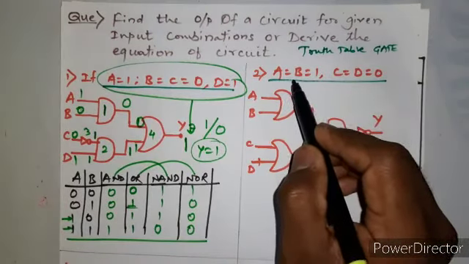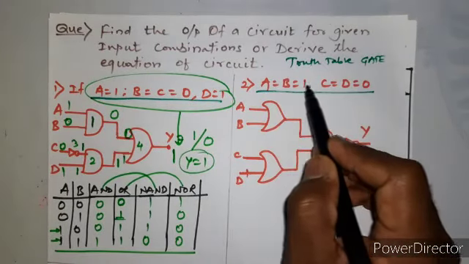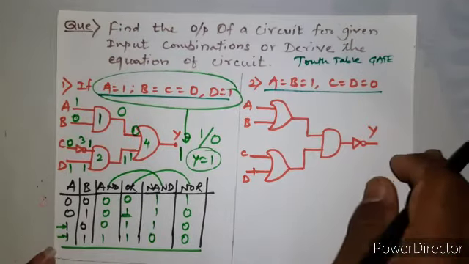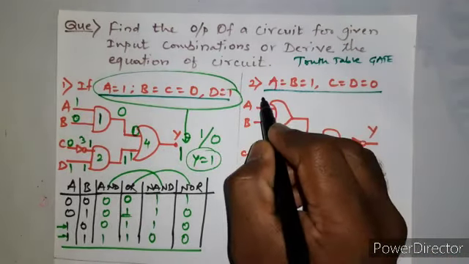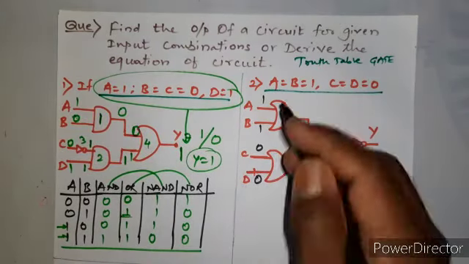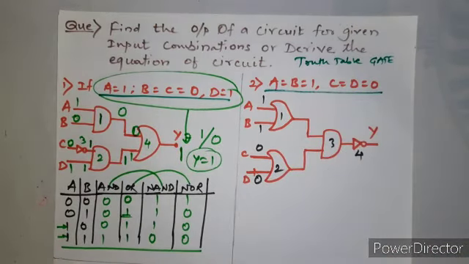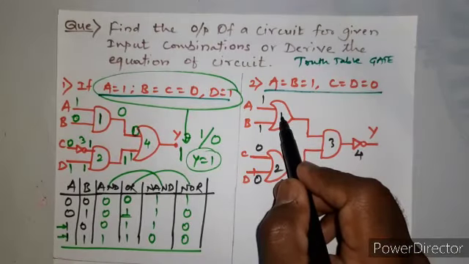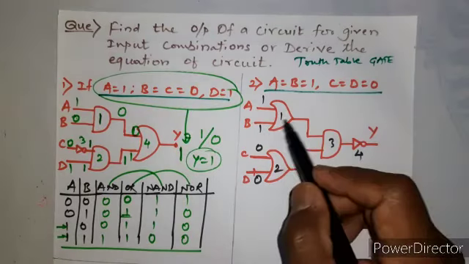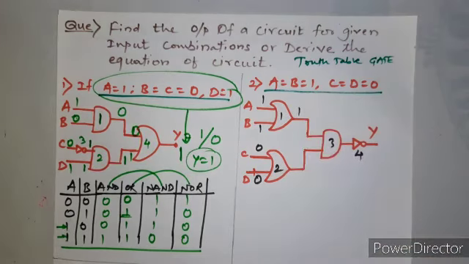So here again they have given the condition, now we have 4 inputs, right? A equal to B equal to 1 means A is 1 and B is also 1, C is 0 and D is 0 here, right? So I'll just put these inputs here, 1 1, C is 0, D is 0. Now this is an OR gate, I get gates 1, 2, 3 and 4, right? So what is the input of gate 1? It is 1 1. Since this is an OR gate, you can directly apply, if any of the input is 1 for an OR gate, output is 1.